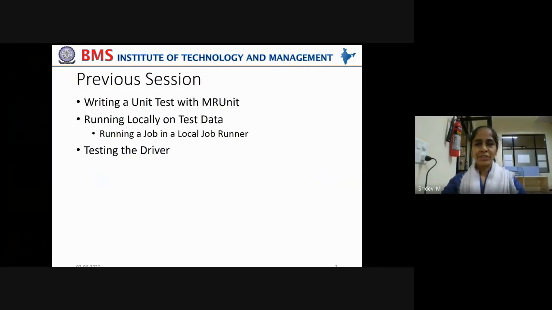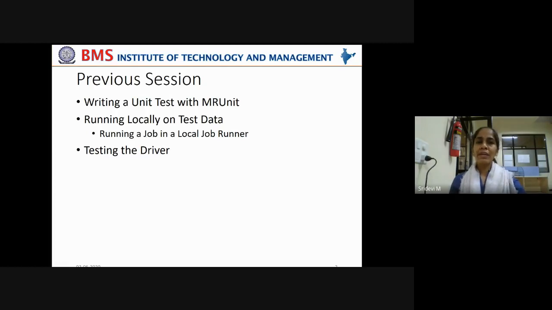In the previous session, we have seen how to write a unit test with MRUnit tool and how to run locally on test data by using a local job runner and how to test the drivers also. We have to write unit tests because if we run these MapReduce jobs at a stretch on a larger cluster, we may not be able to understand where the error actually arises.